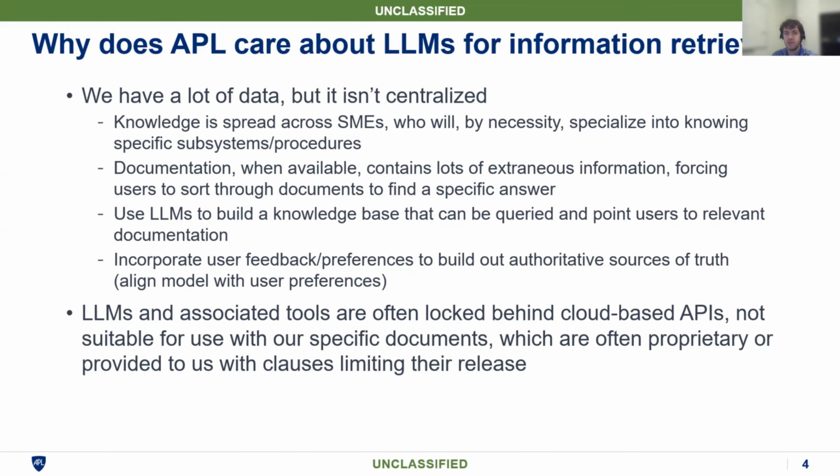The other unique thing about information at APL is our average document length is extremely long. Usually when you look at information retrieval type tasks, they're looking at news articles or Wikipedia. Our documents are on average 275 pages. So these are like textbooks worth of information. And a lot of that information is in things such as tables, which are just inherently different than giving a large language model a news article and saying, summarize this for me. The scale of documents is really different.